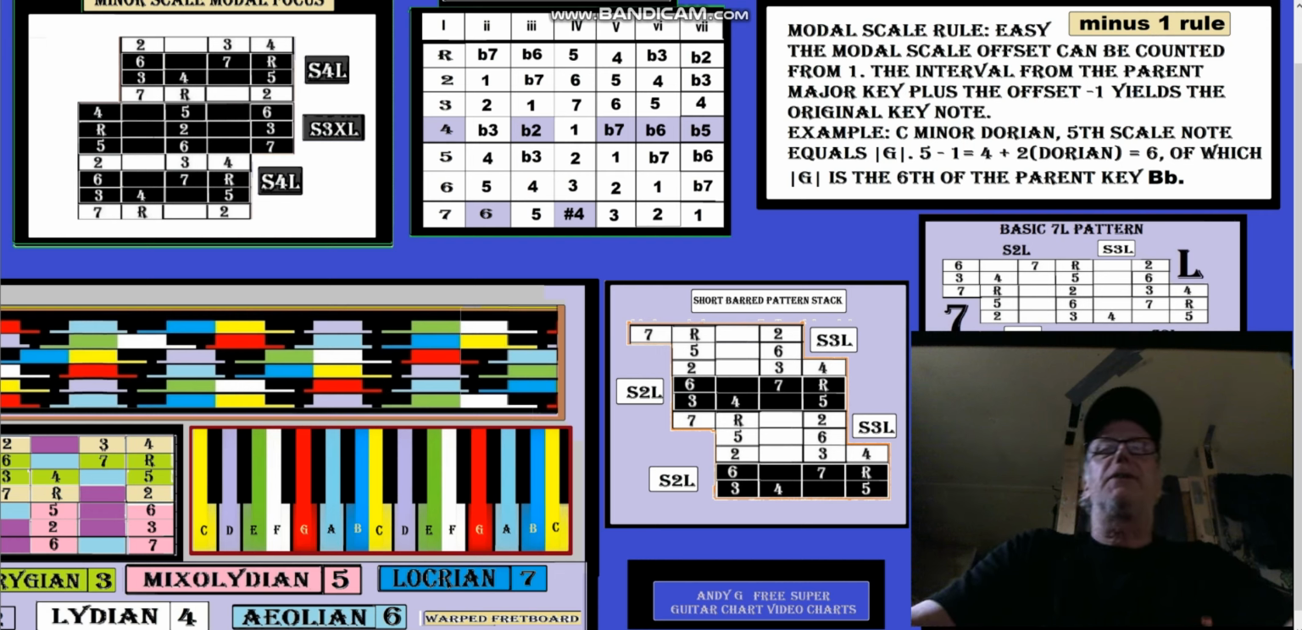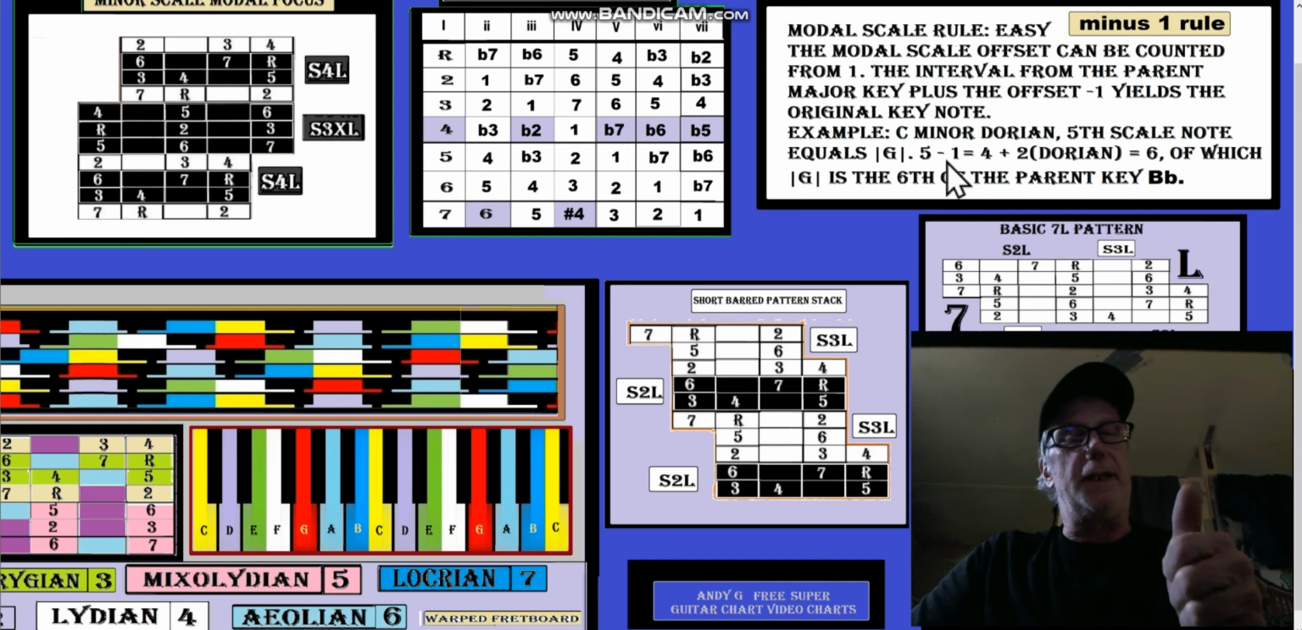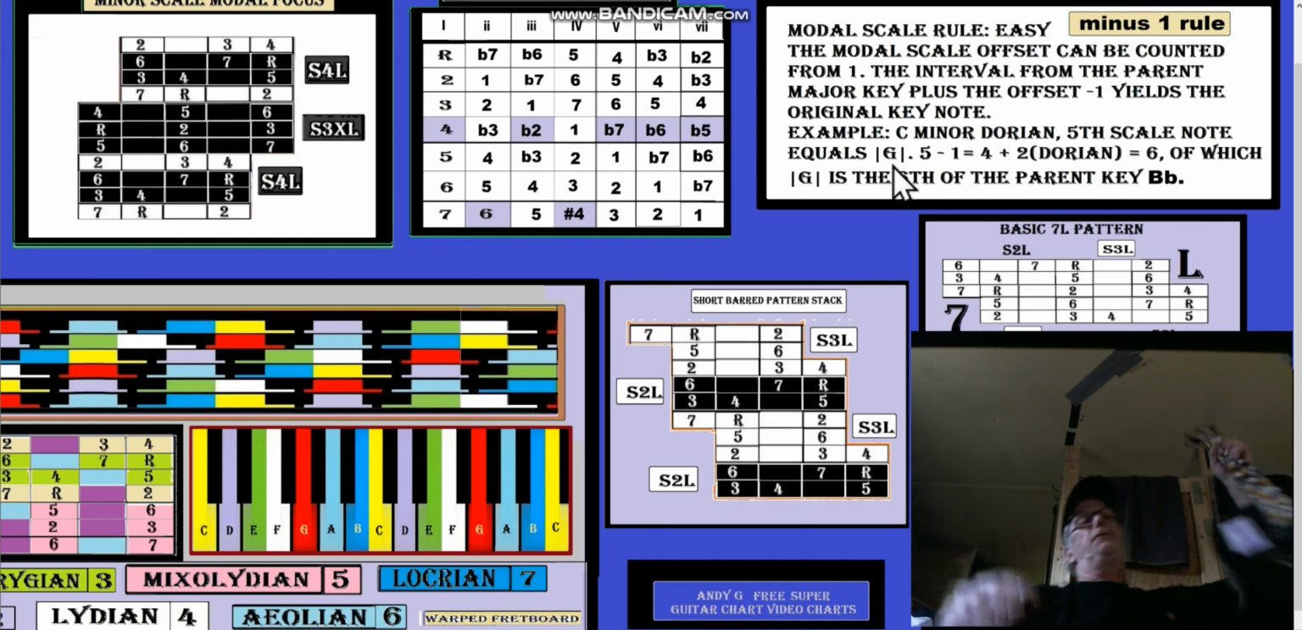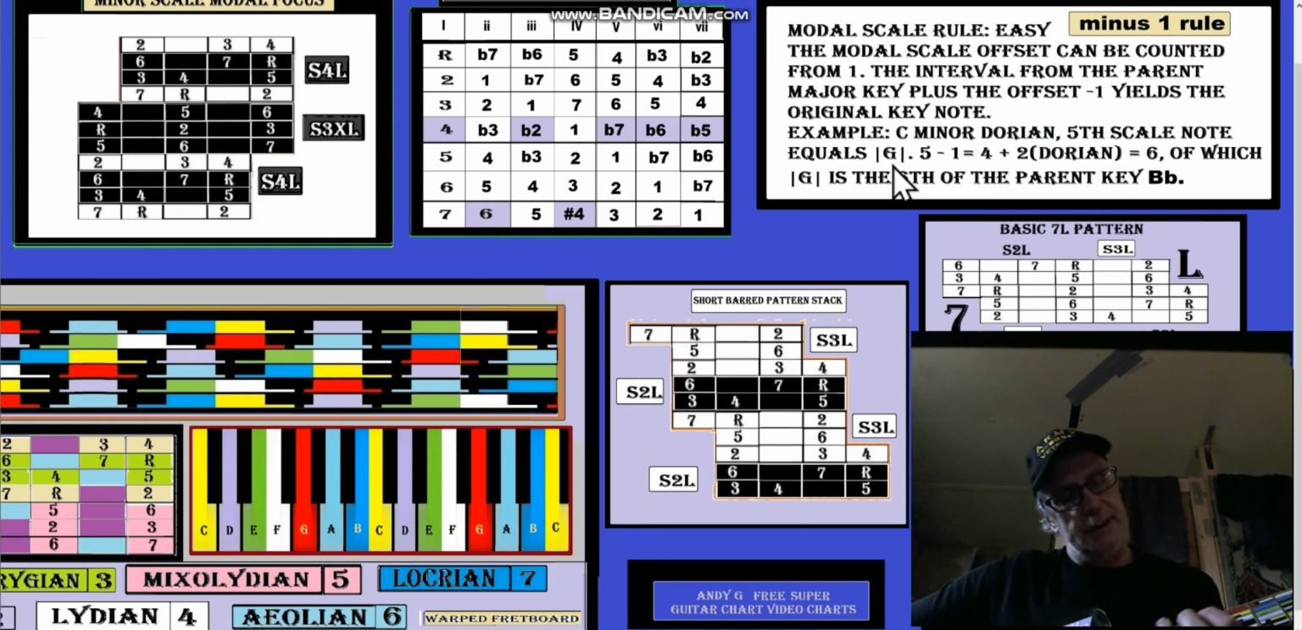Alright, I just checked it. You have to follow this rule. Remember, the chart is right. This guy is wrong. You have to follow the rule. For instance, if you just play a C to a D,